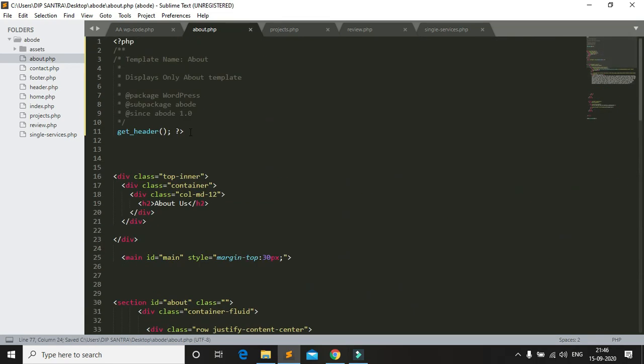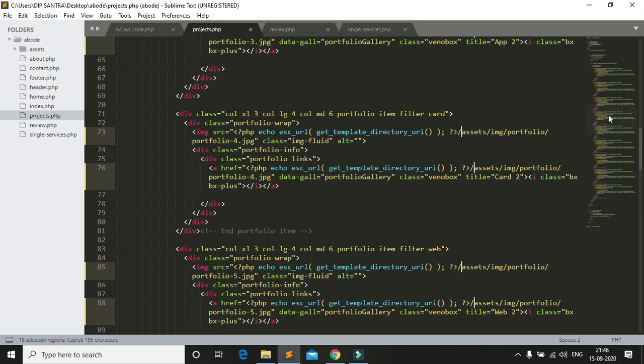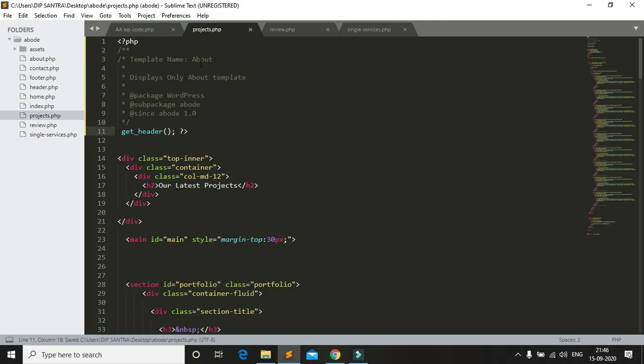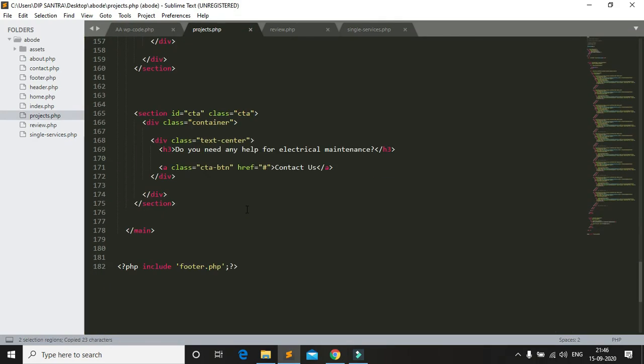Then I go to projects. This is the projects. Just copy the about to projects and add the footer code.